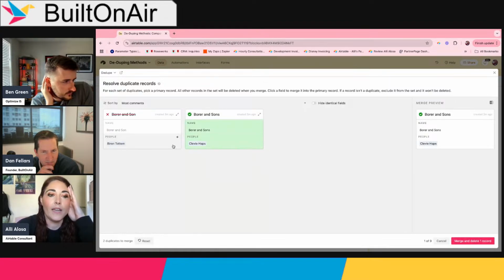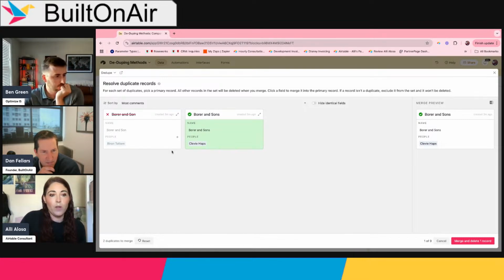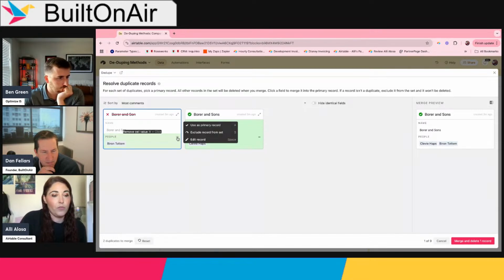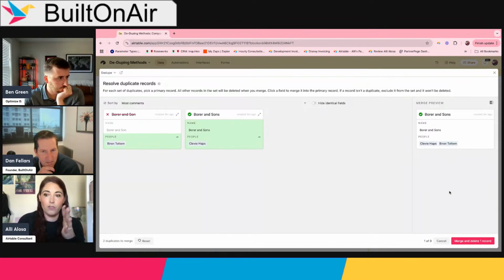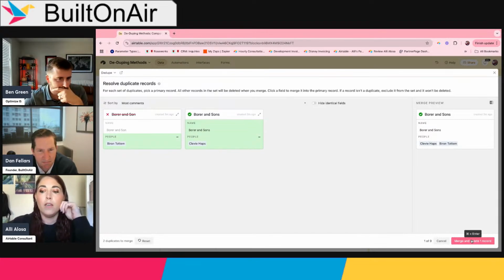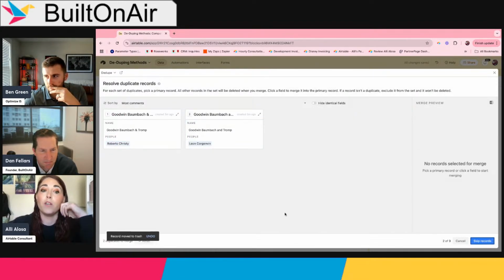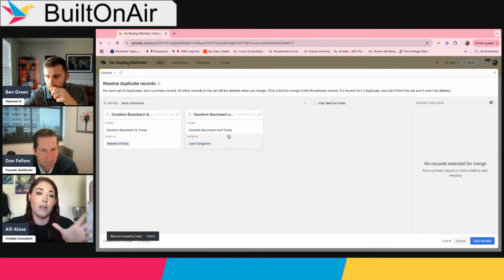And then what's really great is you can merge the values of these two by going through the one that you're not keeping and clicking this little plus on each field that you want to merge over. Then it'll show you on your merge preview on the right-hand side. It's going to keep this one record, and it'll keep both of the people that previously were linked to either one, now merged into the same linked record field. So this dedupe extension is really nice for being able to first identify where your duplicates are and actually do the work of merging them in a clean